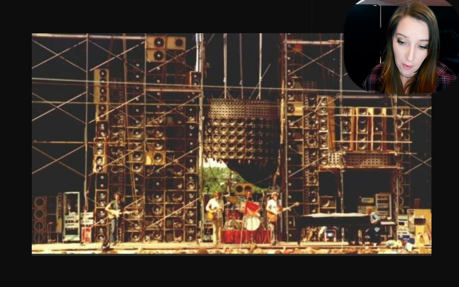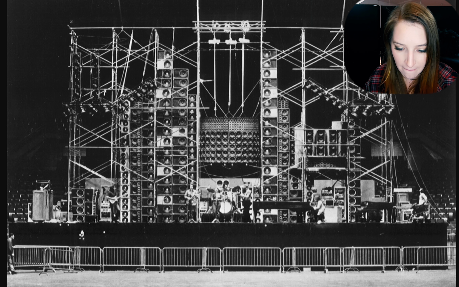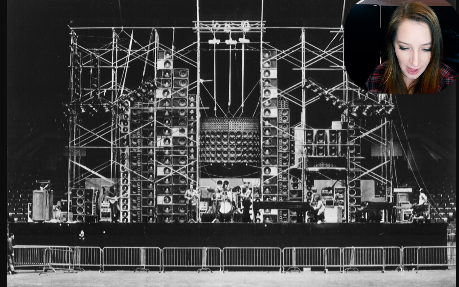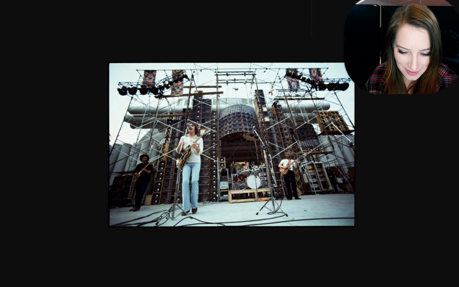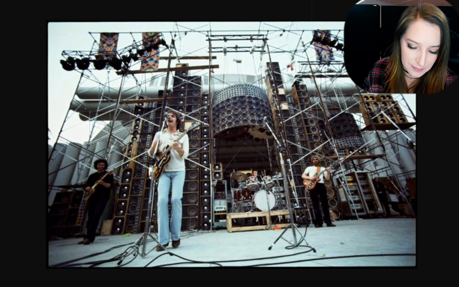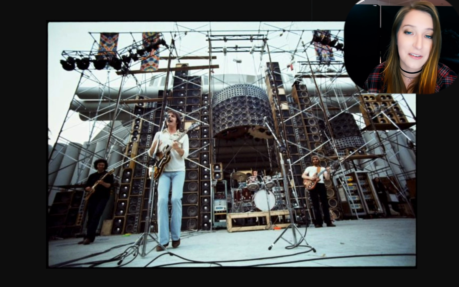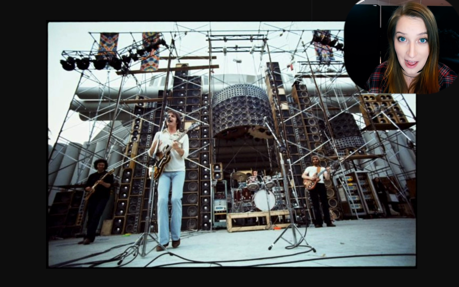So that's one type of wall of sound. I'll just show you a couple of these photos here. It's pretty cool. I'm not old enough to have seen this in person, but I can only imagine how awesome this was. So yeah, that's one type of wall of sound: the Grateful Dead's live sound setup.